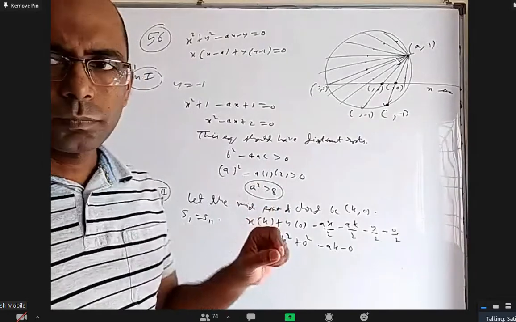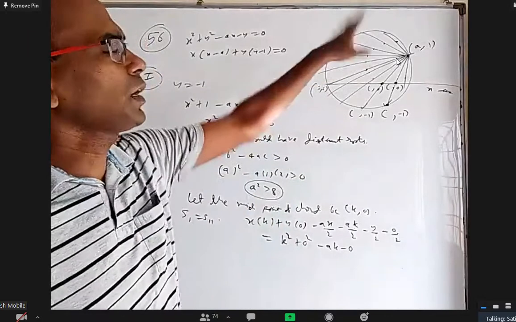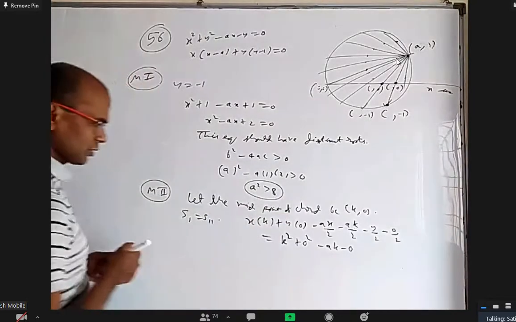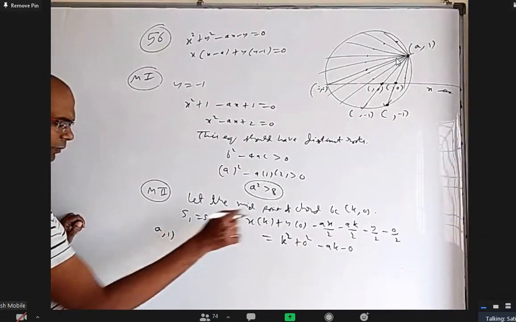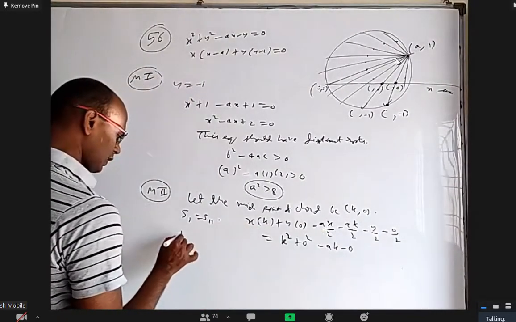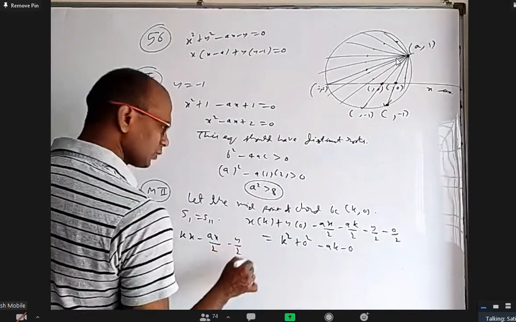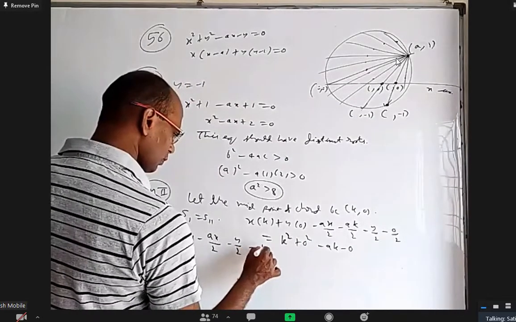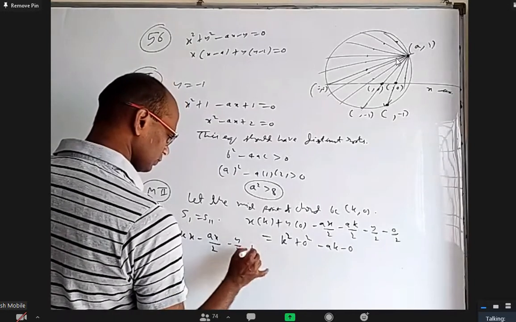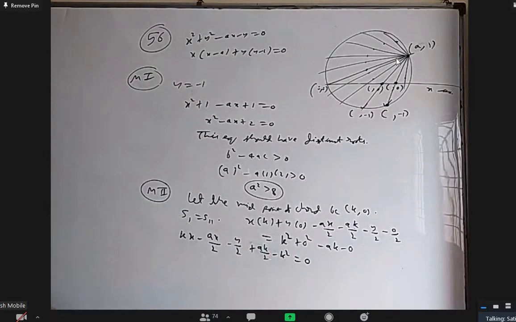We want a line. Let me take a point on the x-axis having that as the midpoint of a chord, and that chord should pass through (a, 1), because we are talking about chords passing through (a, 1). So I have to put (a, 1) in this. So when you substitute, first of all, let me write this line properly. Where is the x term? kx minus ax by 2. Where is the y term? Minus y by 2. Where is the constant? Minus ak by 2 plus ak, that is plus ak by 2, minus k square equal to 0. This should pass through (a, 1).